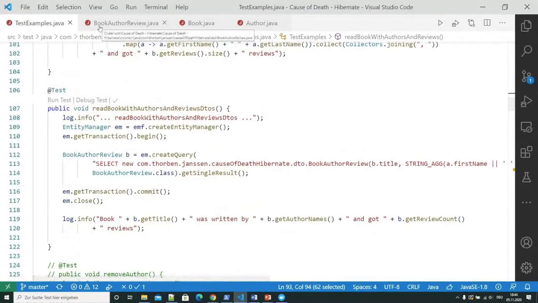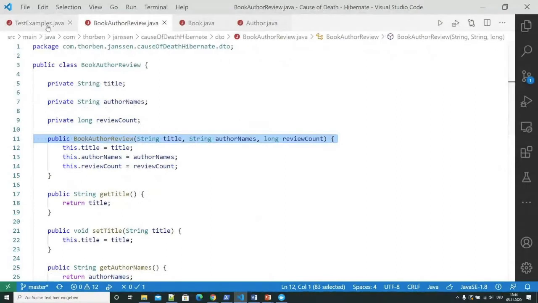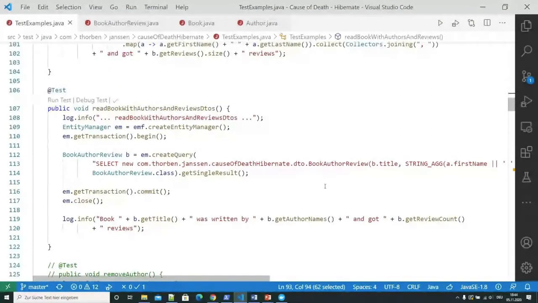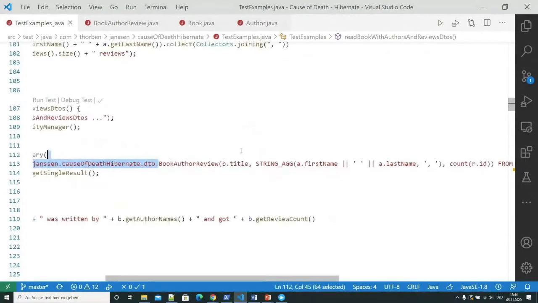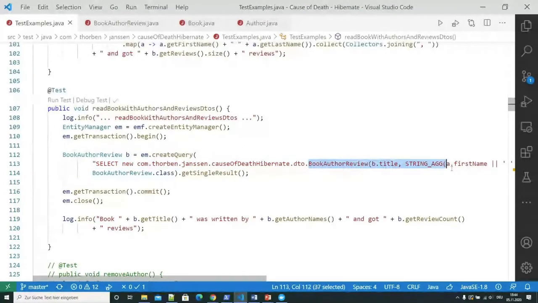From a performance point of view, it's of course the best approach to use a projection like this one here that exactly fits your use case, that only selects the information that you actually need. And that is what I recommend in general.